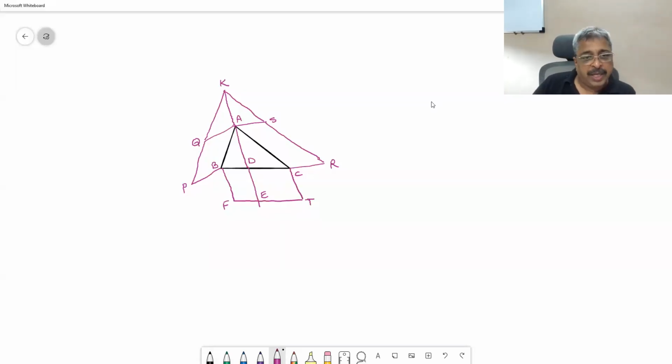It is given that on any general triangle, outside the triangle, parallelograms are constructed. You can construct two parallelograms on any two of the three sides of the triangle. So let us say this is parallelogram number 1, which we have constructed on AB, and this is parallelogram number 2, which is constructed on AC. And the claim is that area of 1 plus area of 2 happens to be the area of the parallelogram constructed on BC.